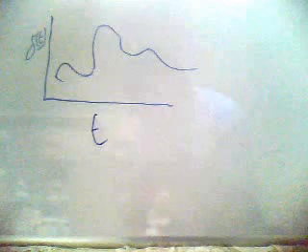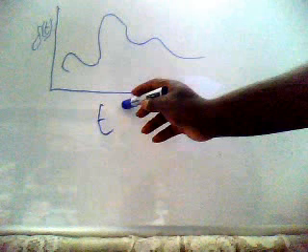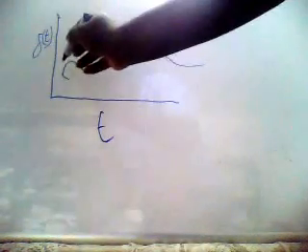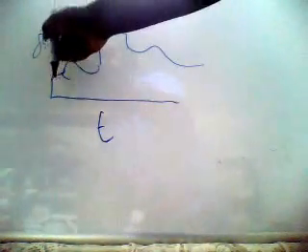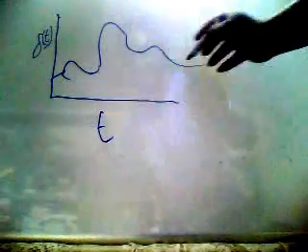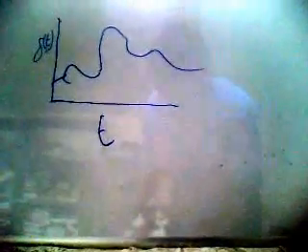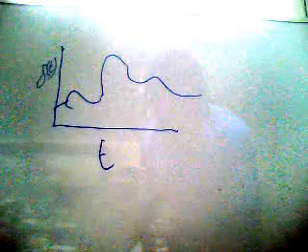As you can see, we have a function of time. This axis here is the t-axis, and this is our function. This is the f(t) axis, and it's varying over time. So we wish to find the rate of change at a particular point. To do that, what we are going to do